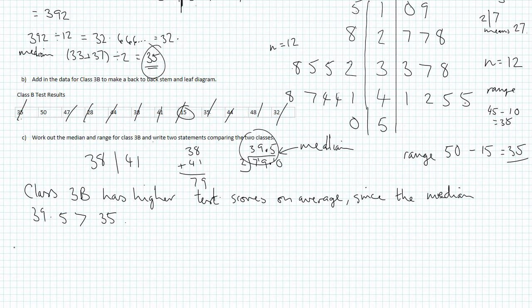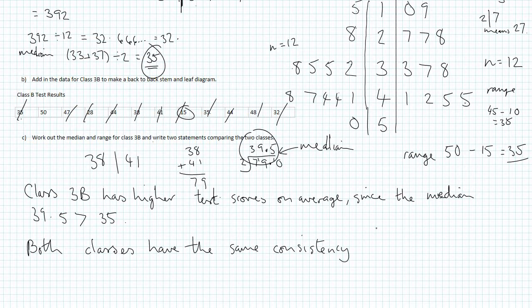So we could say both classes have got the same range, so they have the same consistency. Consistency means how spread out they are. So if you've got high consistency, they're all close together, you'd have a low range. If you've got low consistency, they're all spread out, you'd have a high range. But they've got the same consistency, since the ranges are equal,